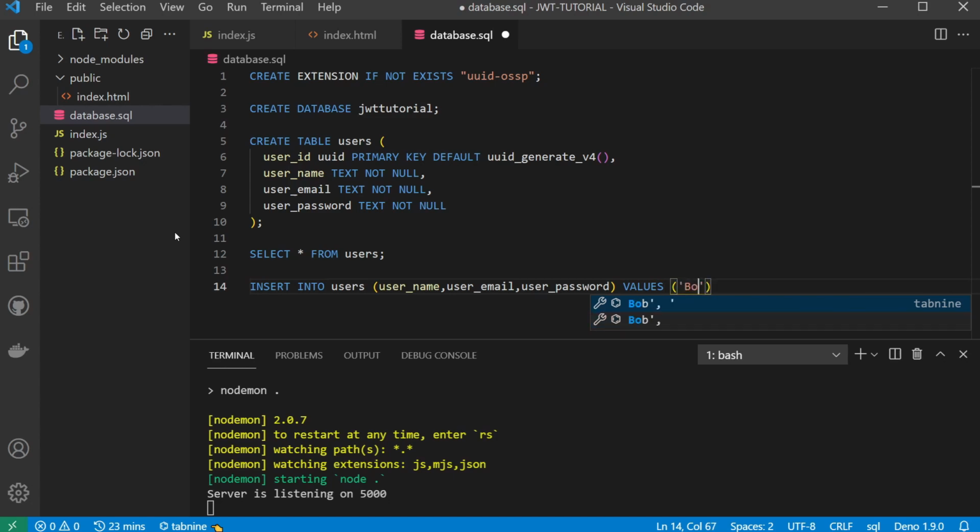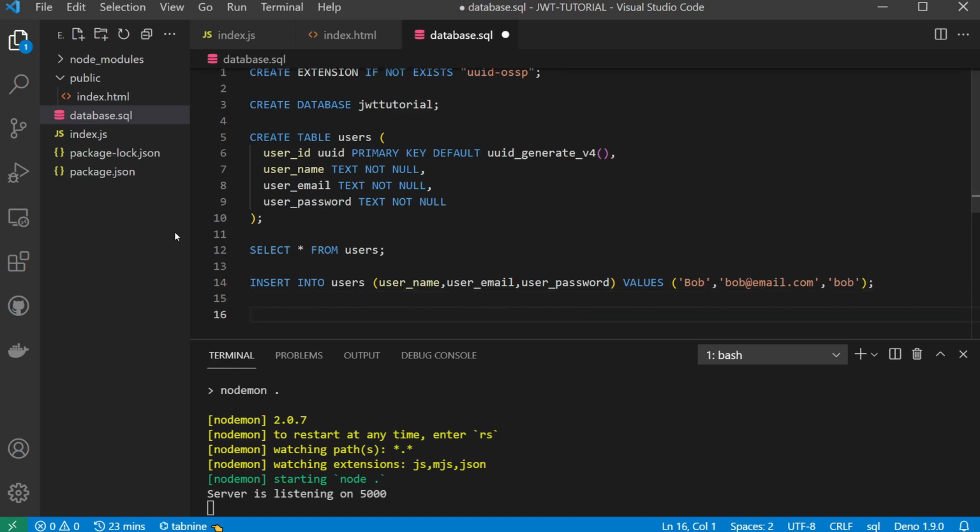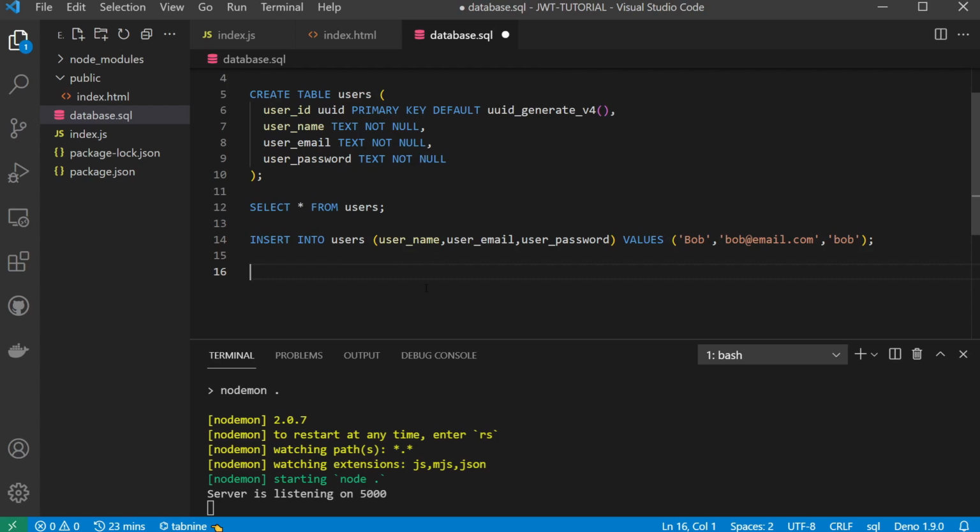So say we want to put Bob into username, let's say bob@email.com into user_email, and password Bob, like so. Of course, we'd never hold an actual user password explicitly like this. We're going to be using bcrypt, but just to show you how you can use insert. Right, and we can put comments into this file by double dashes, and I just want to show that